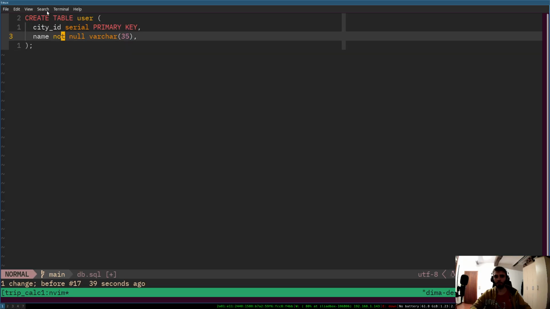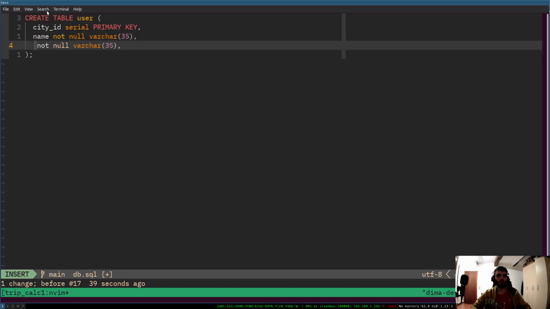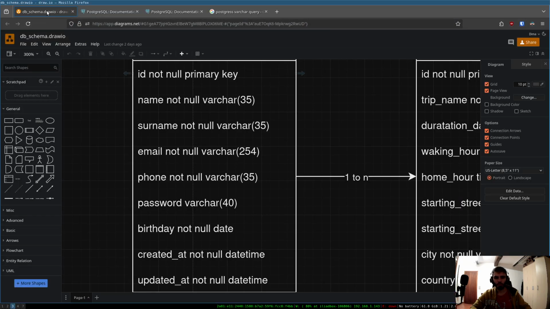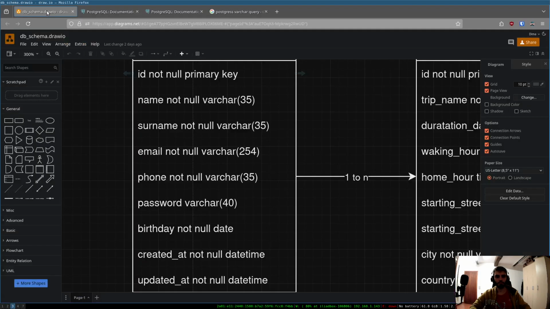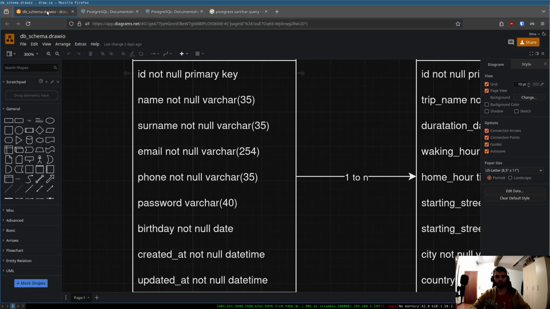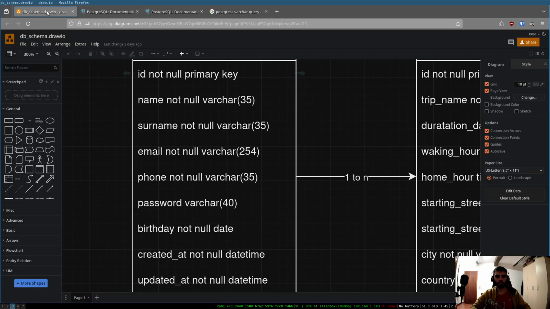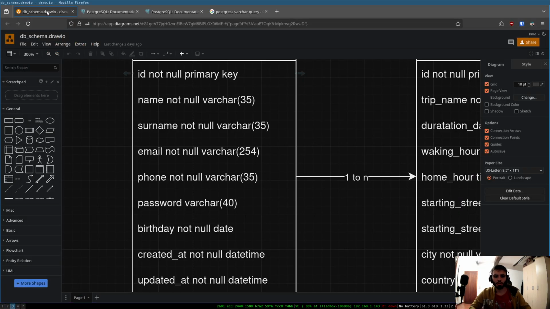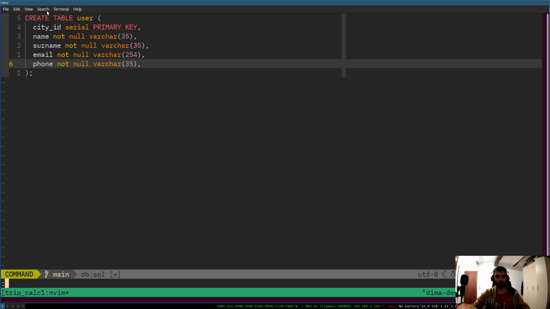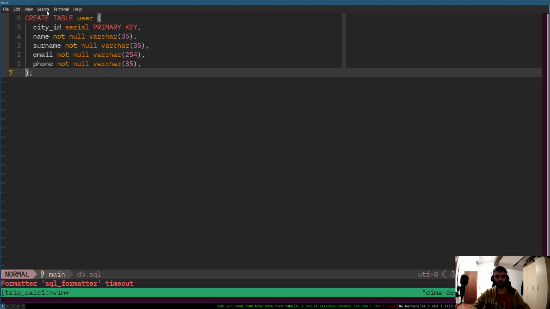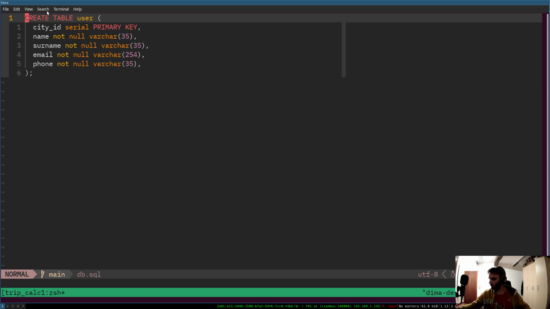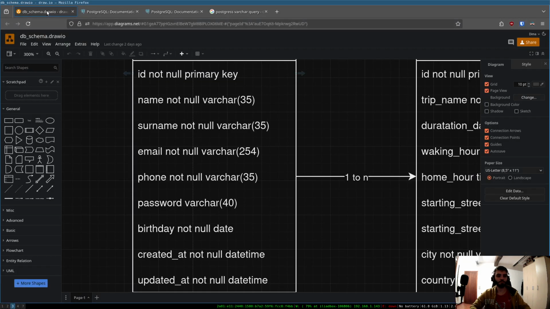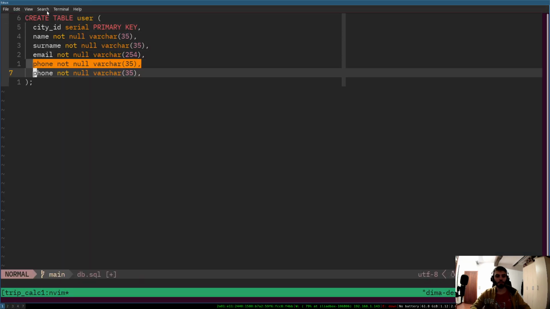I guess I'm keeping it on small. Surname. Mail. Before. Phone number, which is 35. Sounds like a lot. SQL format timeout. Sweet. Now,